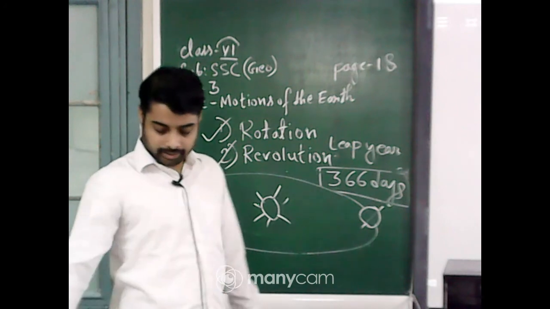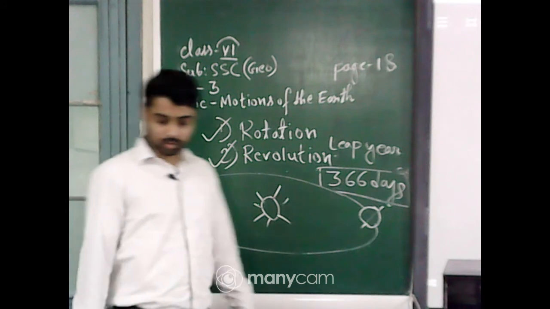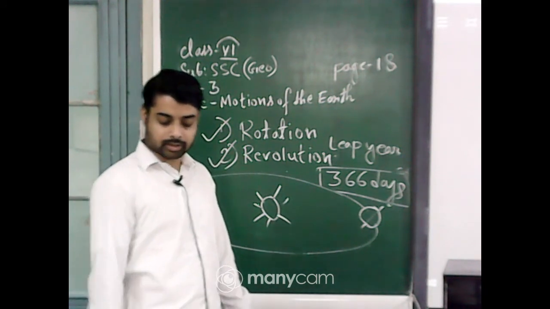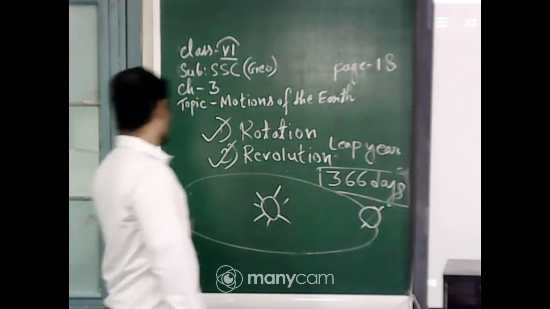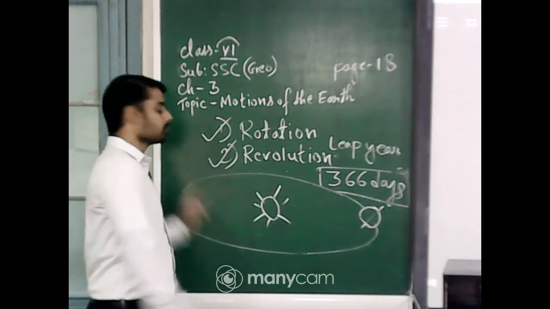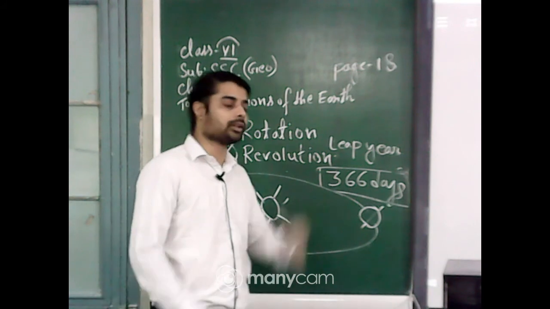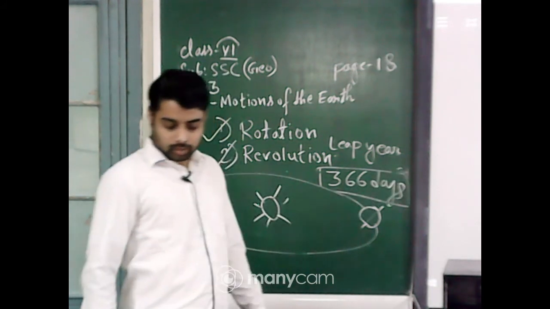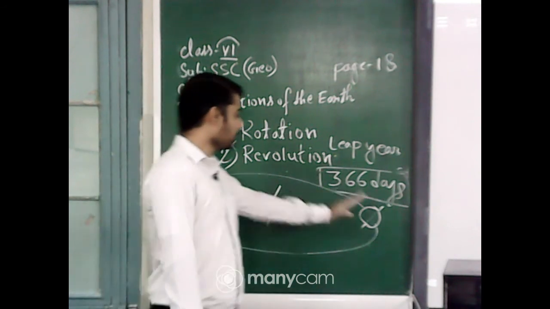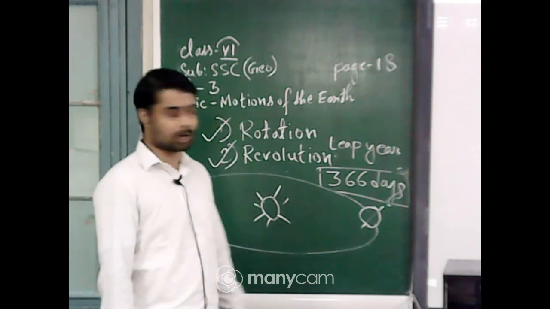Now it is clear that the Earth is going around the Sun in an elliptical orbit. Notice that throughout the orbit the Earth is inclined in the same direction. The orbit of the Earth is not the same distance all the time. Somewhere it is very close to the Sun, somewhere it is very far from the Sun. Because of this, and because Earth is always slanted at 66.5 degrees,